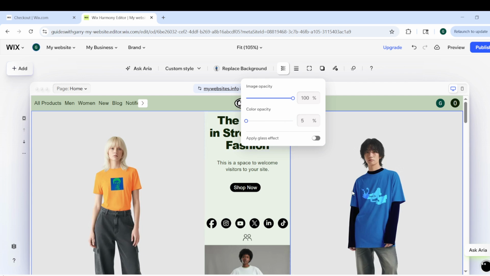Take a moment here to review the background in the preview. Make sure the image still looks good and that any content placed over it remains easy to read. A small opacity change can make a big difference in the overall feel of the page, so it is worth checking carefully before saving. When you are happy with the result, go to the top right corner of the editor